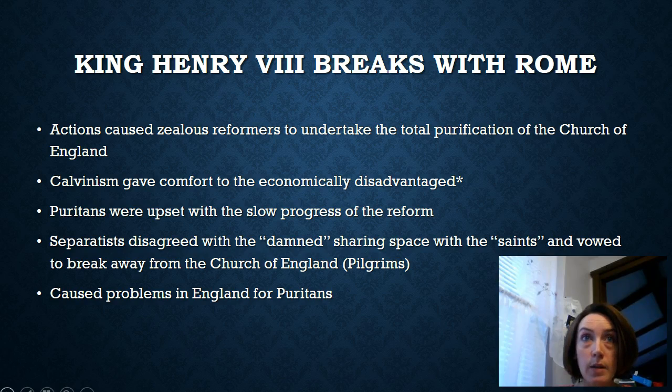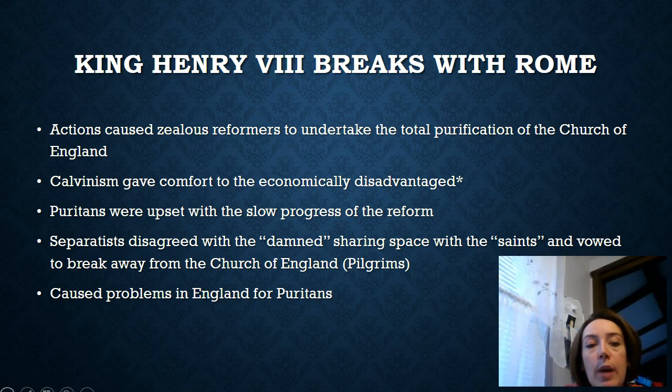So the Church of England really is very similar to the Catholic Church, except for the fact that they don't recognize the Pope as an authority figure. They look at the Archbishop of Canterbury and whomever is the monarch as the head of the church. But much of the ceremony is the same. Today in our country, the Episcopalians are the descendants of the Anglicans, or the members of the Church of England. And if you ever go to an Episcopalian church, you'll find yourself, if you're Catholic, very comfortable there, because it's very similar. And that was fine with Henry.